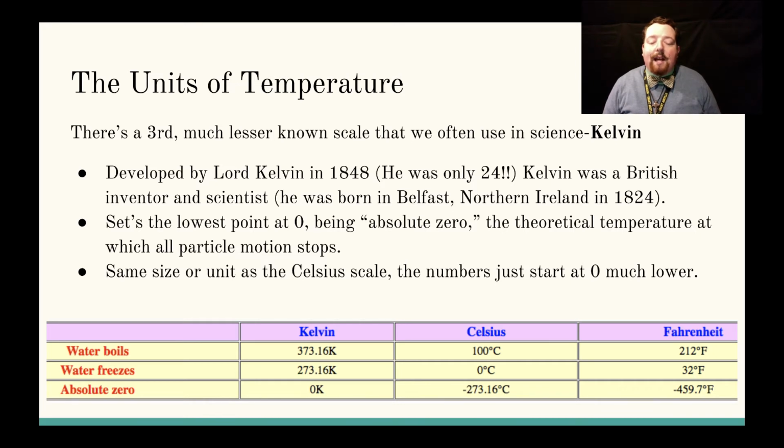It has the same size of unit as the Celsius scale, but the numbers just start at a much lower degree. So 373 degrees Kelvin is the boiling temperature of water, which is 100 degrees Celsius. Water freezes at 273 Kelvin, which is 0 degrees Celsius, and absolute 0 is 0 degrees Kelvin, which is negative 273 degrees